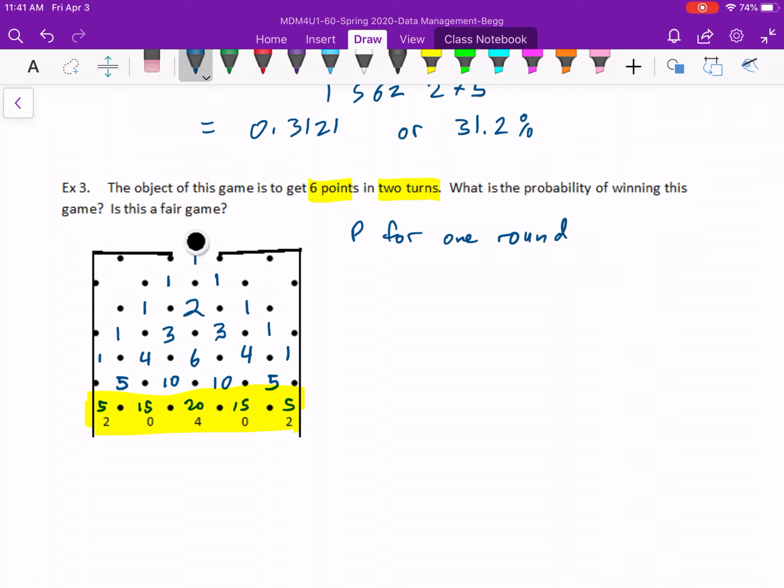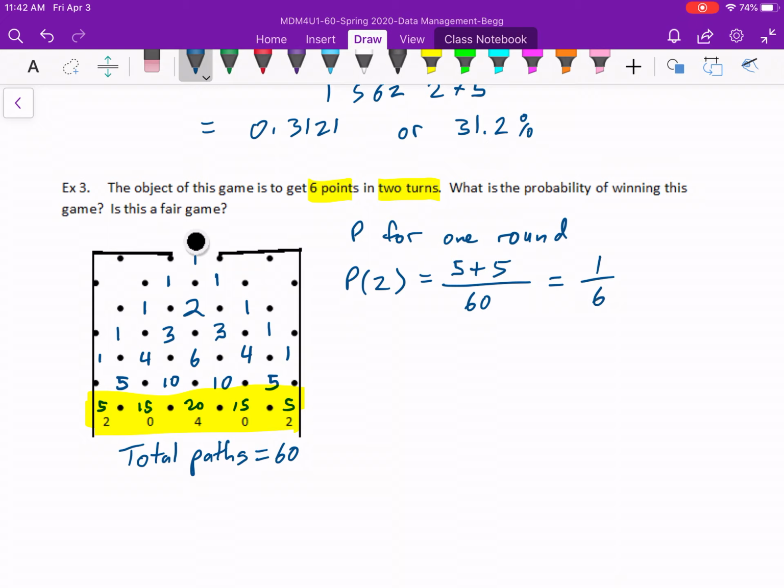So the probability of getting a 2 is going to be, there's 5 ways to get to the 2 on the left, there's 5 ways to get to the 2 on the right, and if we add everything up, 5 plus 15 plus 20 plus 15 plus 5 equals 60. So there's 60 different paths that that ball could take. So if there's 5 ways to get to the one on the left and 5 ways to get to the one on the right and 60 altogether, that means there's a 1 in 6 chance for a single round